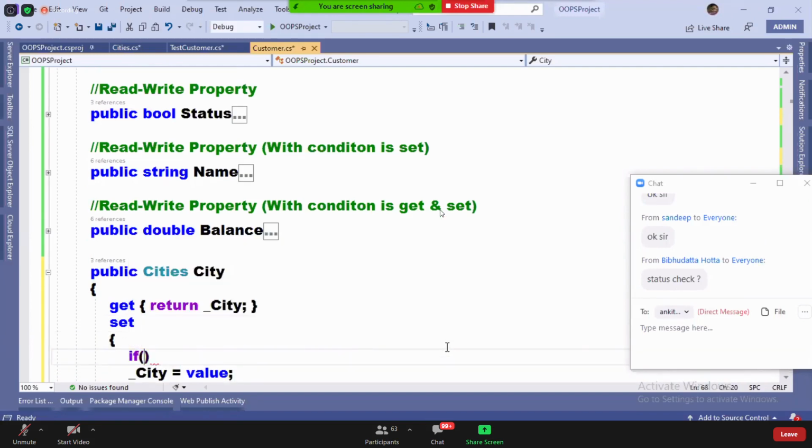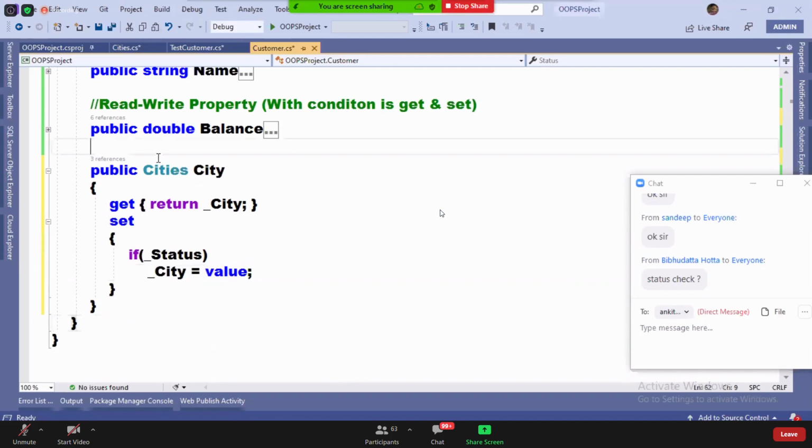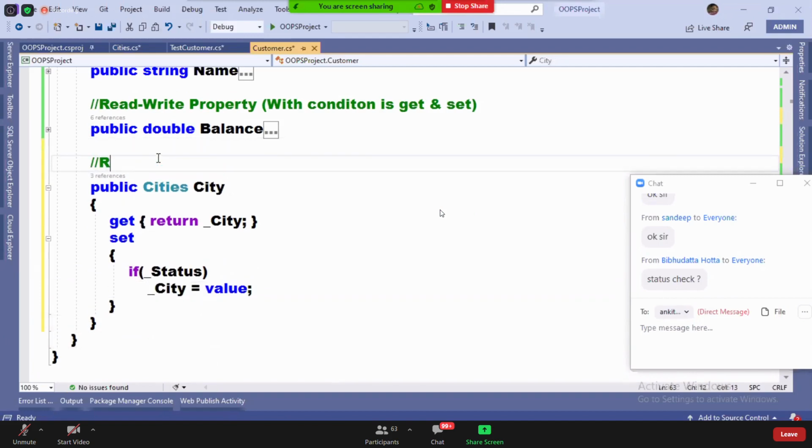If underscore status, then only underscore city is equals to value. Are you guys clear? Now code also became simple. We call this an enumerated property. Guys, listen. We call this an enumerated property.